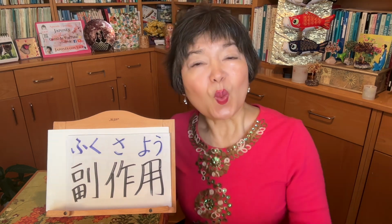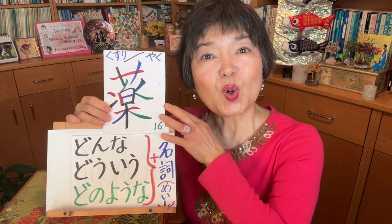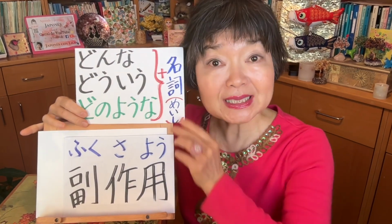Do not use, out of order, 使用禁止。Side effects, 副作用。What are the side effects of this medicine? But in Japanese, we say like this: What kind of or what sort of side effects does this medicine have? この薬はどんな副作用がありますか？